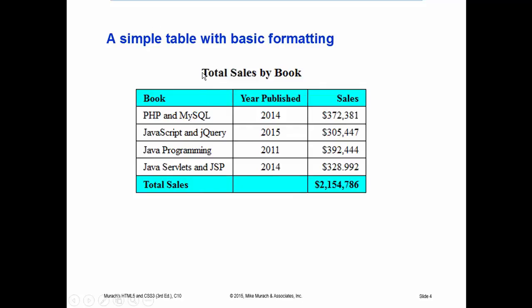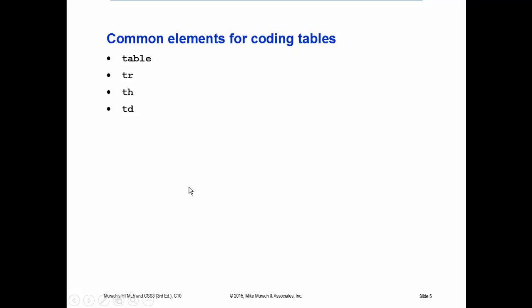Typically what this means is that where it says total sales by book, that is a table caption. These are the TH, or the table headers. The stuff in white are the TDs, or the table data, and the stuff down on the bottom here is the tfoot, or the footer area. So when we look at this terminology as shown in your book